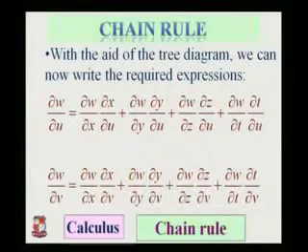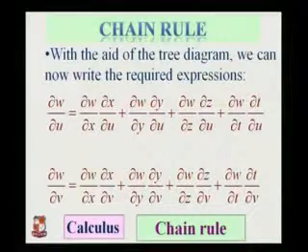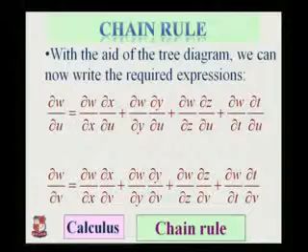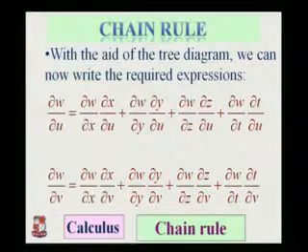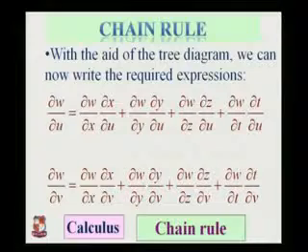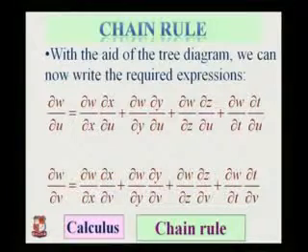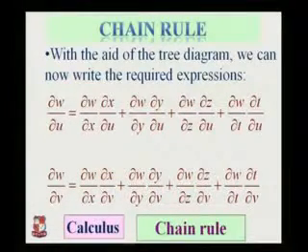Now when we want the derivative with respect to v, we take del w by del v. Here you can also observe in the first term x and the derivative of x with respect to v, del w by del y by del v, del w by del z by del v, del w by del t by del v. So like that.